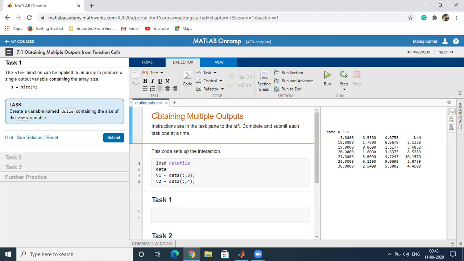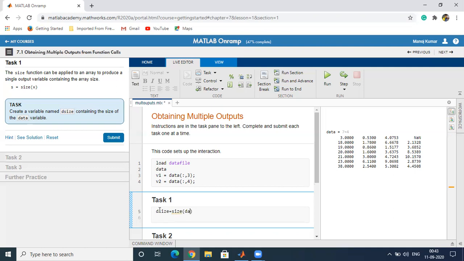The first element will be the number of rows, and the second element will be the number of columns. For example, here data is a 7 by 4 matrix, and we are applying the size function to calculate the size of the data. So let's try dsize. This is the variable name that will store the size of the matrix data.